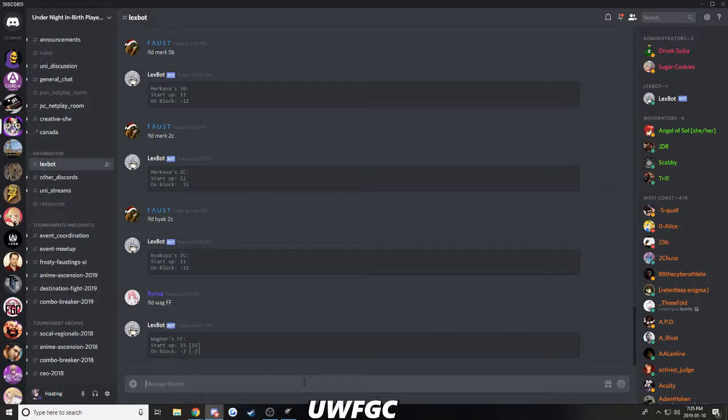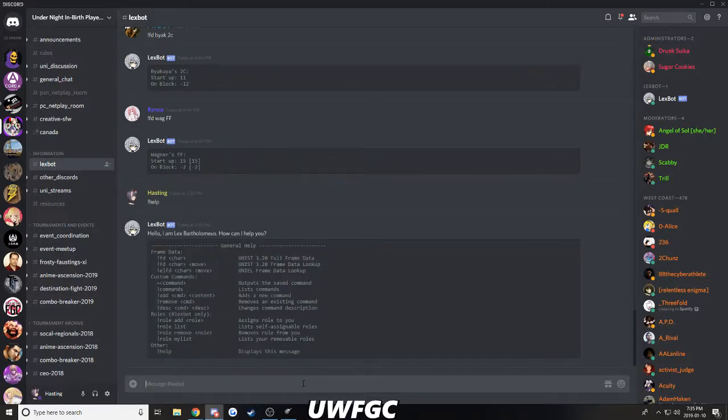To get started with Lexbot, you use the exclamation mark operator to do all our commands. So for example, exclamation mark help will get started, and then it'll show you all her different commands. The frame data ones are especially useful to learn. You can use Lexbot in most channels in the Discord, but if you're planning to spam commands, then just using the Lexbot channel is generally recommended,